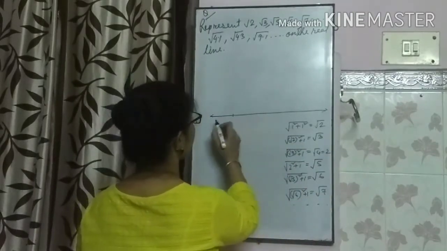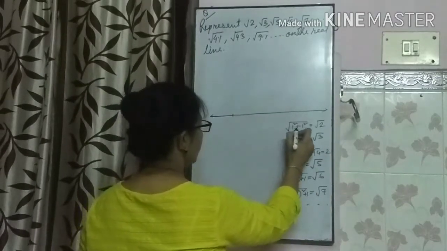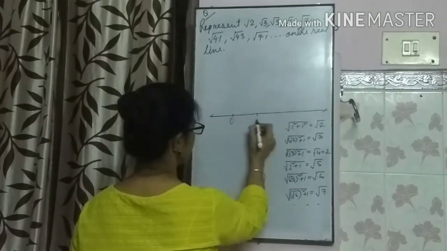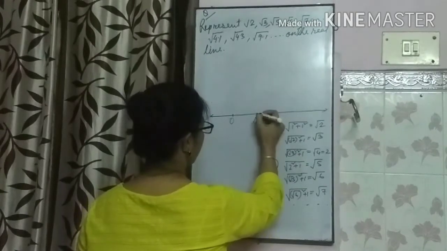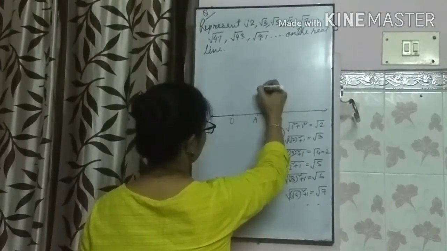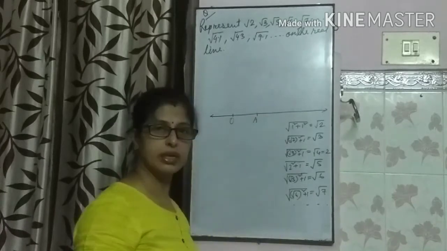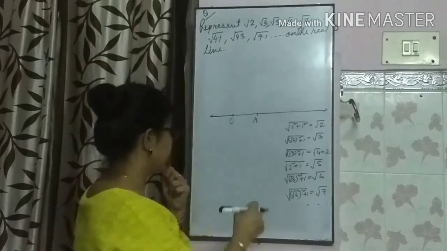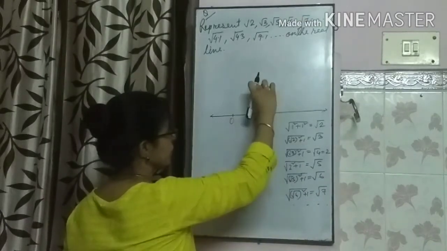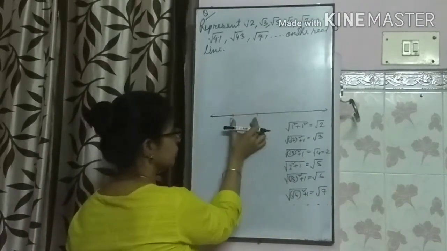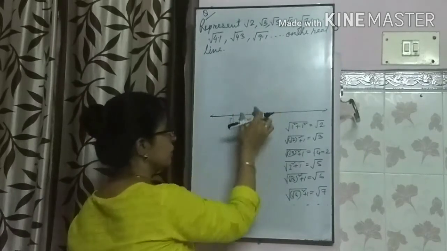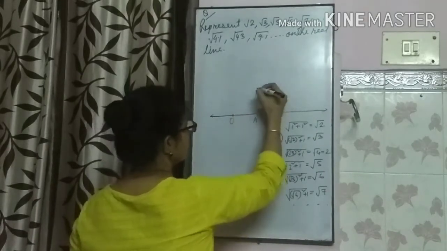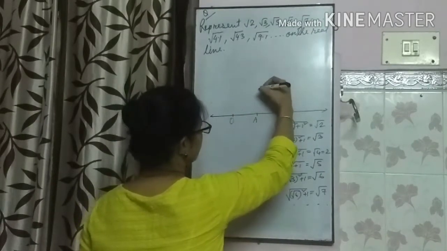Now let's see how to get 1 plus 1. That means if you take your 1 unit, and the perpendicular also must be taken as 1 unit. How much measurement you take is up to you. Like you can take 1 centimeter, 2 centimeter, 3 centimeter, whatever measurement. If you take here 1 centimeter, then this perpendicular also should be 1 centimeter. If it is 2 centimeter, then 2 centimeter. The same unit has to be taken. We will consider that as 1.